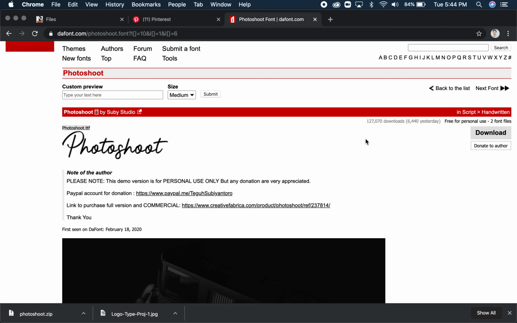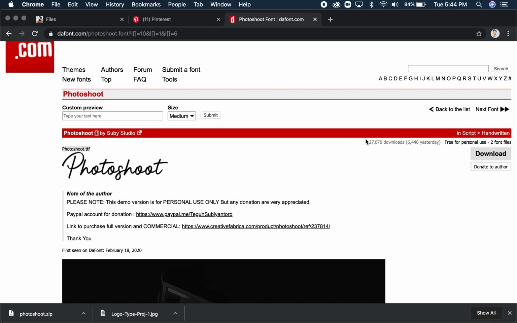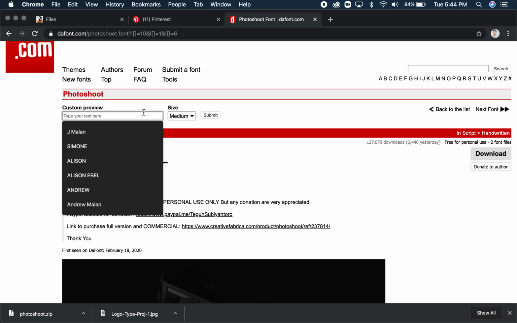So let's say that I want this file. But first, by the way, I want you guys to know that you can also search for different fonts based on name. But also, let's say you kind of want to see what a word would look like in this font before downloading it. In this custom preview,